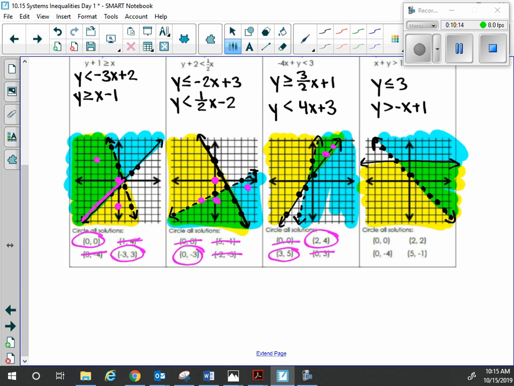How do you think you can check 3, 5? Not with the calculator. Put it into the inequalities. 3, 5. What is x? 3. What is y? 5. So if I have the first equation, 5 is greater than or equal to 3 halves times 3